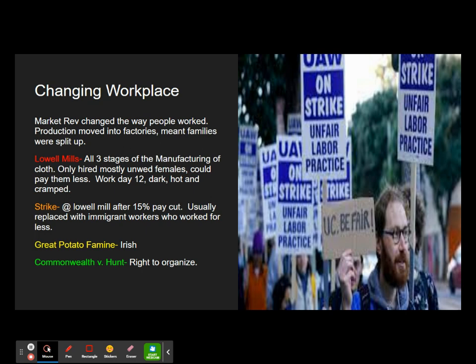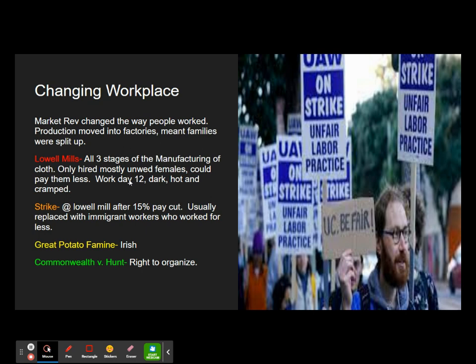Because a large number of immigrants coming to this country are escaping a starvation over in Ireland called the Great Potato Famine, right? And if you made your way across the Atlantic Ocean in these coffin ships, most didn't make it, a lot did, right? They'd be glad to have a job.